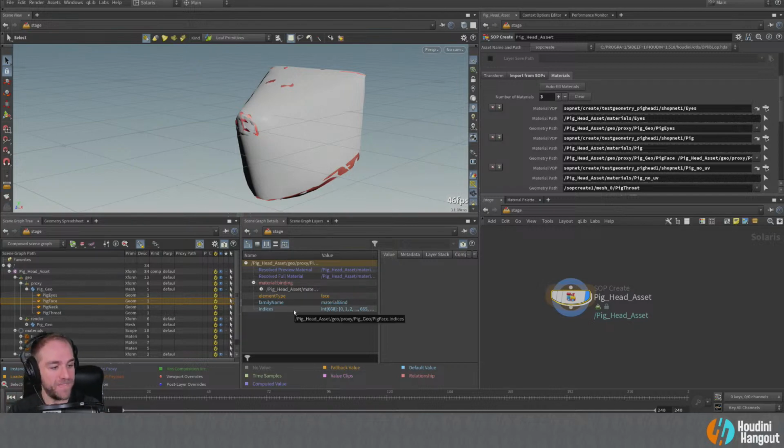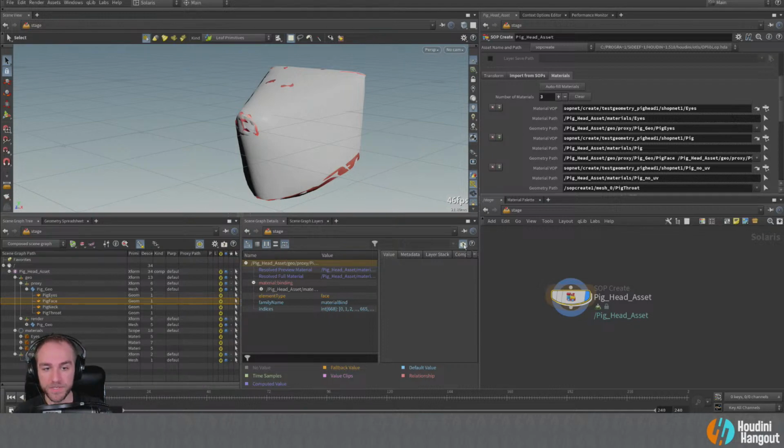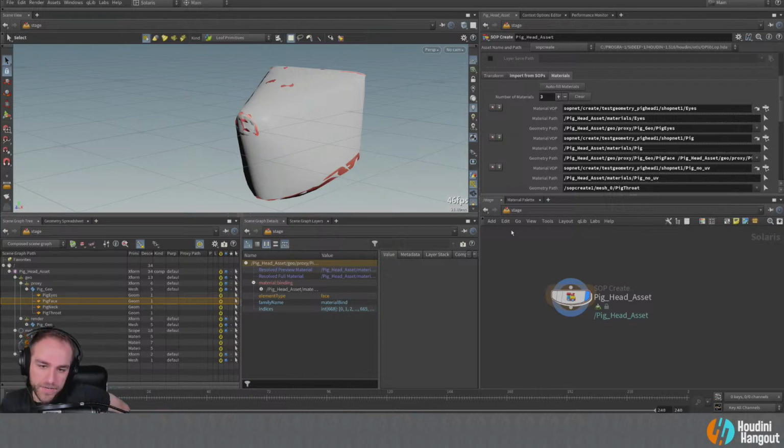So there's a lot of different things happening in these scene graph trees and the details views, and this can help you understand what is happening with those colors. Just a lot of information. And this viewer here is really based on the default USD view plugin that Pixar created, so it has some legacy built in from that as well. I think SideFX is always trying to make this a little more user-friendly and cleaner, and I'm sure it will change over time, but it certainly has a lot of information to be gleaned from it.